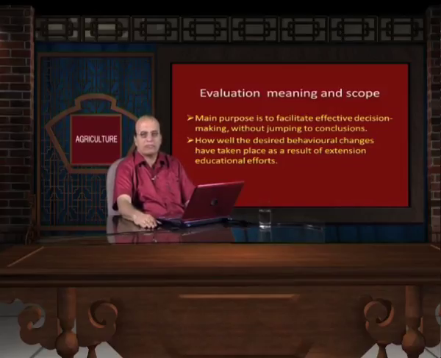We must find out the degree of attitude, and attitude can be judged on a 3-point or 5-point continuum, through which we can find out whether this is a positive sign or a negative sign. This is the third parameter of behavioral changes. And fourth is